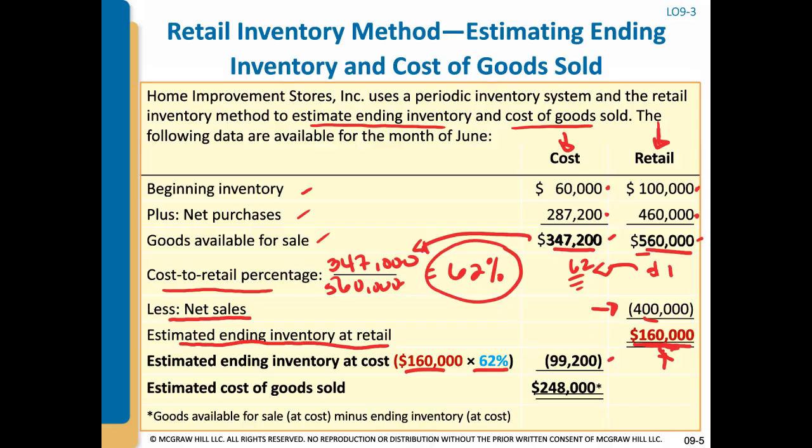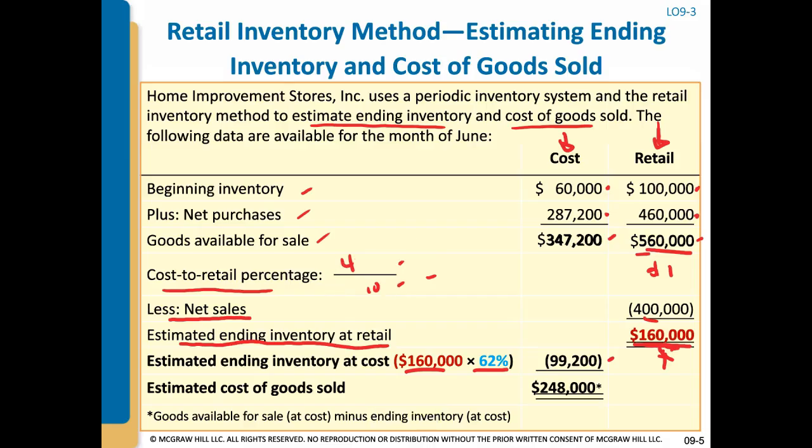Now, I'm going to erase some of this stuff just so it's not as messy. But remember our basic formula for cost of goods sold: we take beginning inventory plus purchases equals goods available for sale, minus ending inventory equals cost of goods sold. That's just the basic calculation we've been working with for many chapters. So now, because this is an estimated ending inventory at cost, this is also our estimated cost of goods sold. And that's how you can calculate an estimated ending inventory and estimated